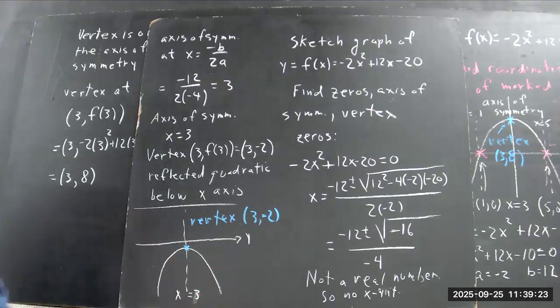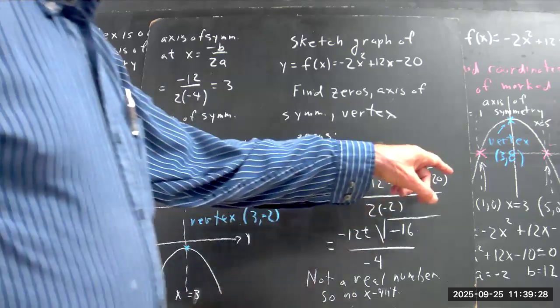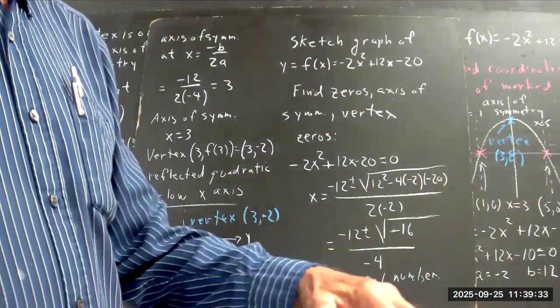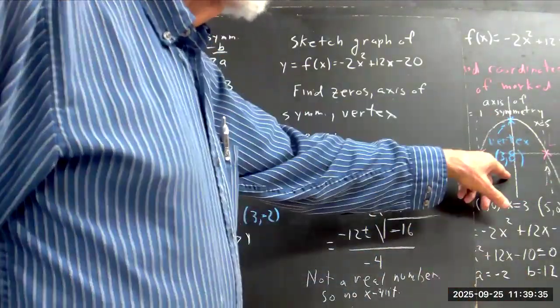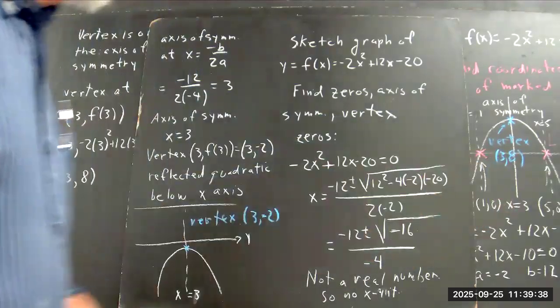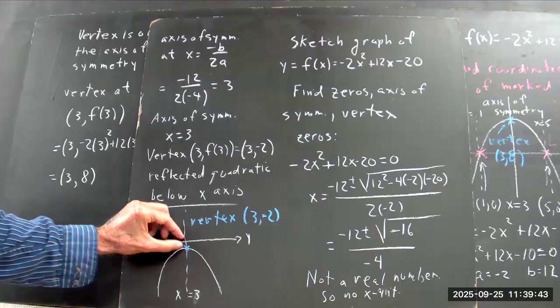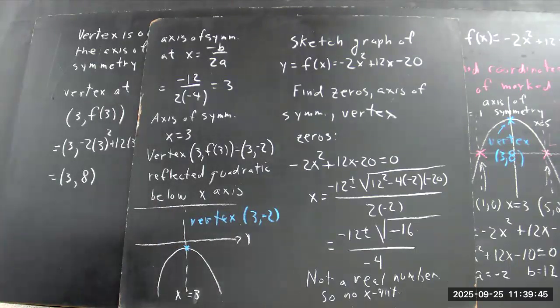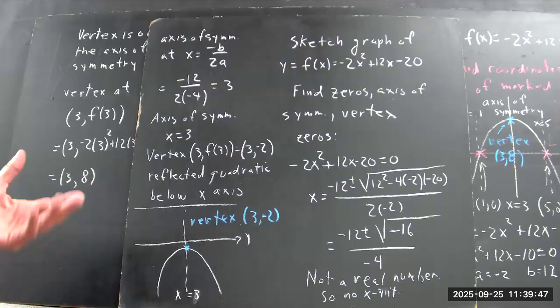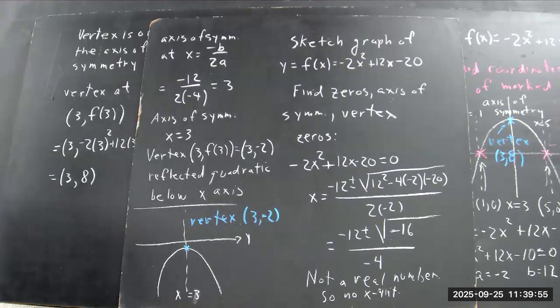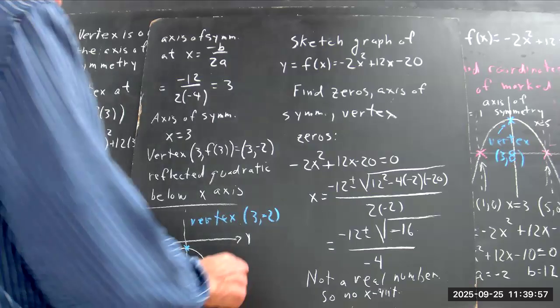Still, we don't have a scale for this graph. If we have the two x-intercepts, we have a scale for the x. And once we have the vertex, we've got a scale for the y. Well, we do have a scale for y. That much is 2. There's 2 y units there. What are we going to do? Well, what we're going to do is find the y-intercept. Okay. So the y-axis is somewhere